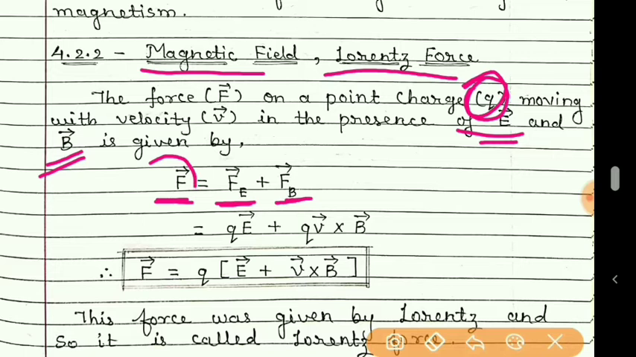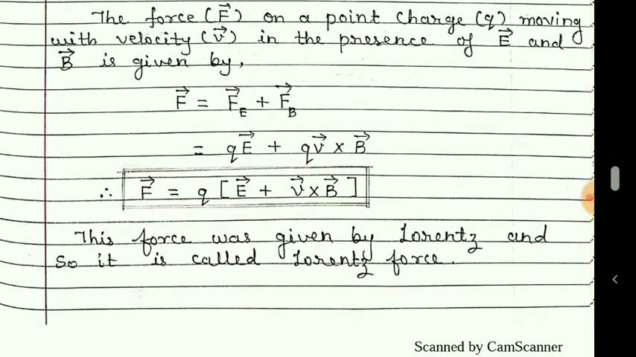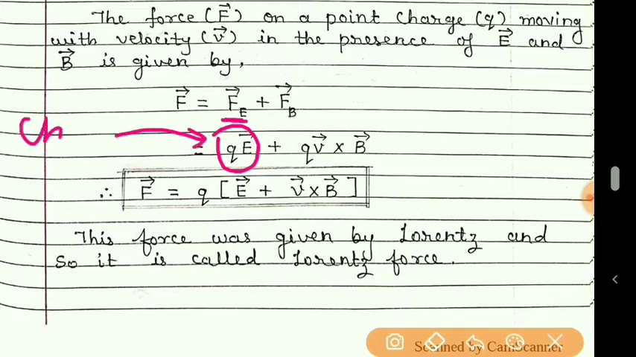So here this is a resultant force due to electric field and magnetic field on a charged particle which is in motion. Now students, we already know that the electric force acting on the charged particle is given by Q into E. This we have studied in chapter number 1. But when the charge is in motion, even the force due to magnetic field also acts on it, and that force is given by